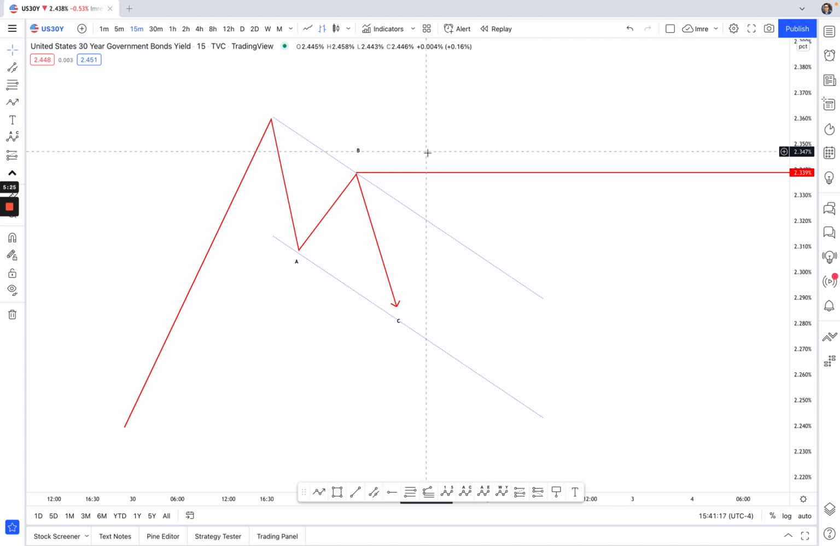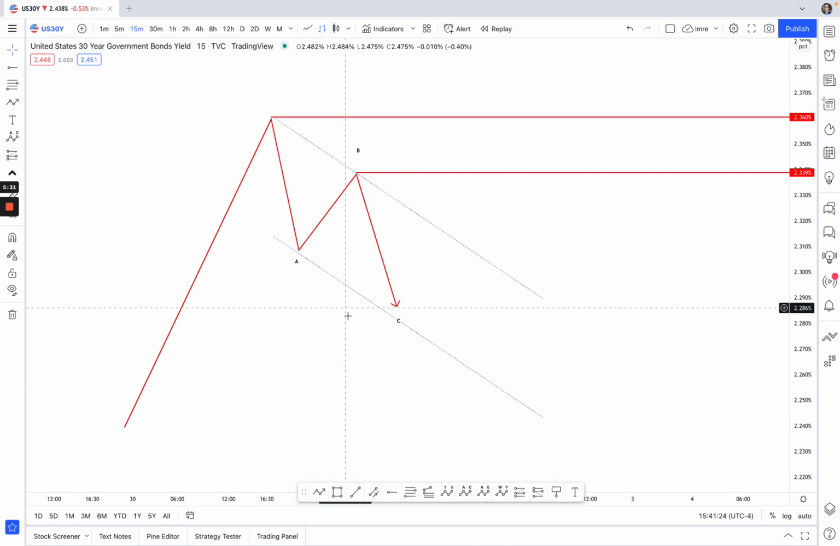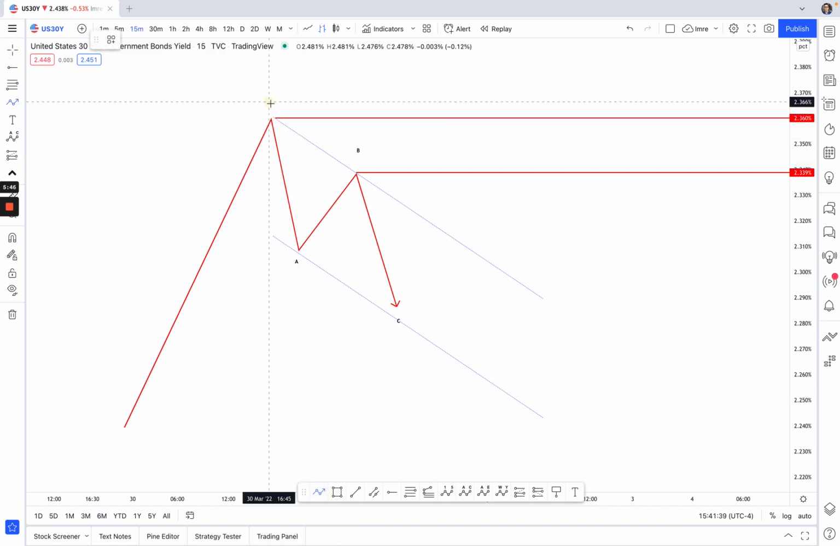Another common entry point would be if we make a new high above the previous impulse. So if we take out this level, that would be a more conservative entry. We're now waiting for more technical price confirmation to give us more information about what the market is doing. All right. If we take out this high, then the worst case scenario really is that we're dealing with some